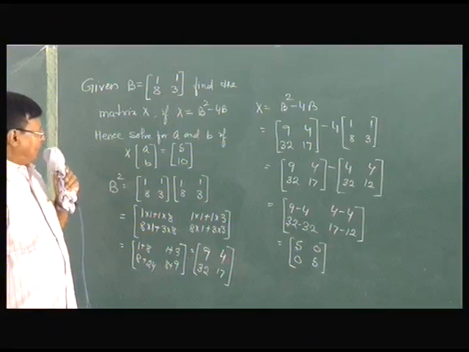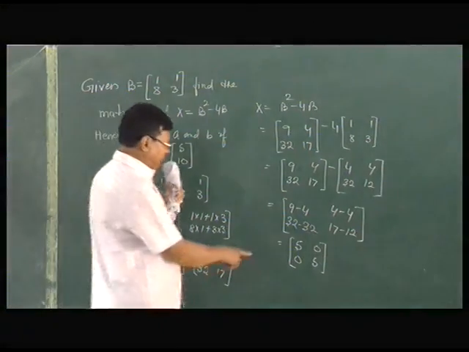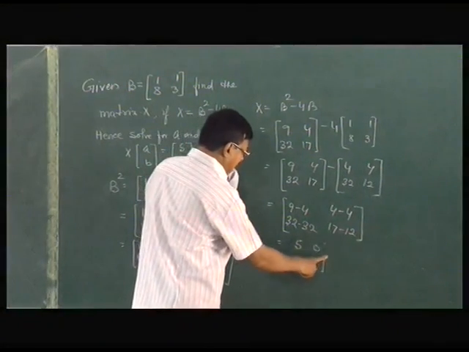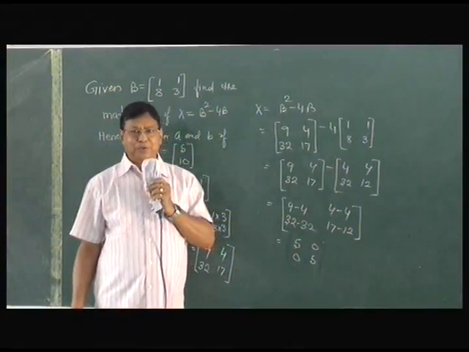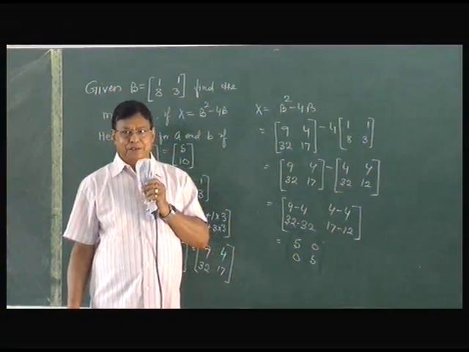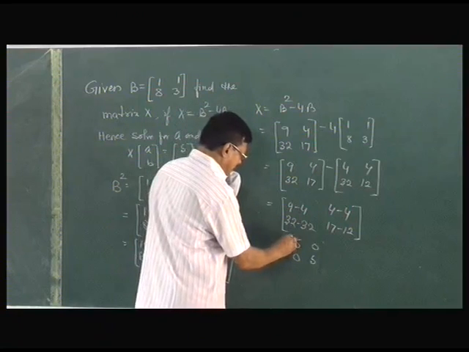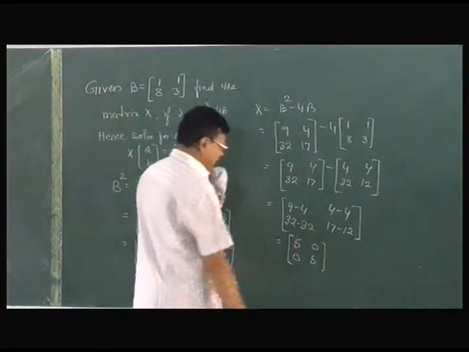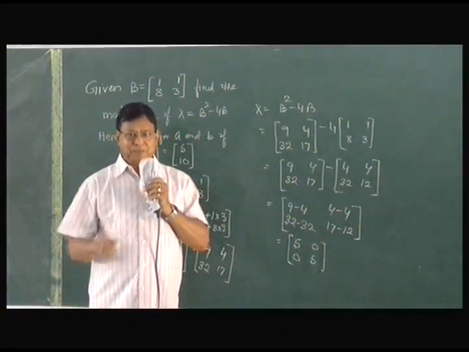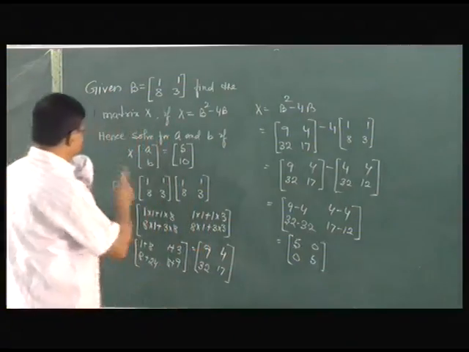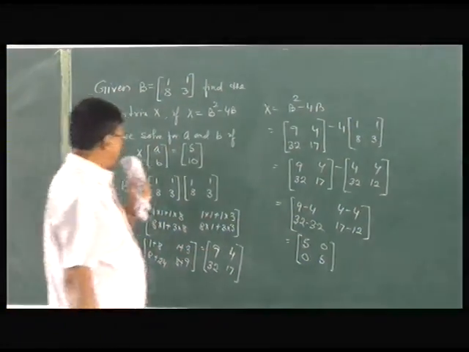Now one common error which the children make, I think please pay attention. You got this 0550 and you forget to write this. Supposing you forget to draw this line, your marks are deducted. Because this is not a matrix, so it has to be this or with a small bracket. So whenever you find a matrix, make sure that you write it in the matrix form, that is within the bracket.